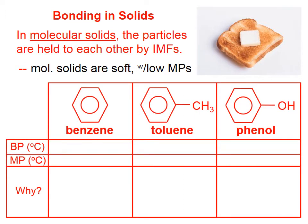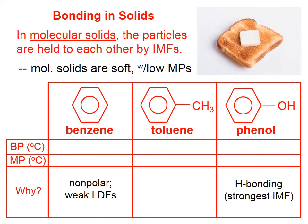Let's take a look at these three substances. They are molecular substances, that is, they contain only nonmetals. And the substance on the left, benzene, C6H6, is a nonpolar substance. And for that reason, the only intermolecular forces that we have between one benzene molecule and another are London dispersion forces. Phenol has hydrogen bonding as its strongest intermolecular force. Of course, all substances have London dispersion forces, but phenol exhibits hydrogen bonding because of the hydrogen here attached to the oxygen,